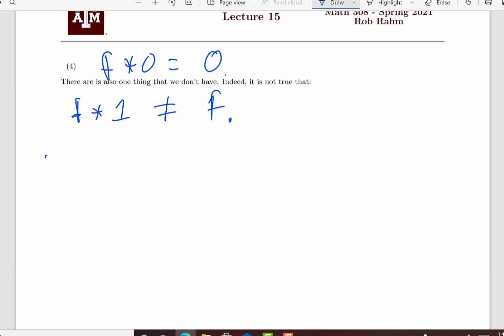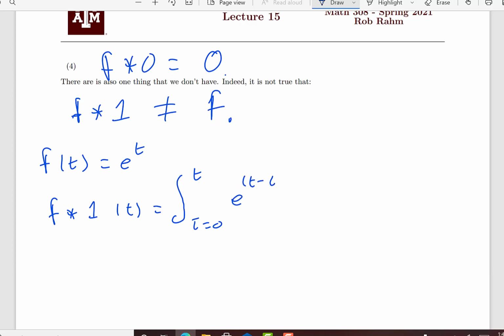So for example, if f of t is equal to e to the t, then the convolution f convolved with 1 of t is going to be the integral from tau equals 0 to t of e to the t minus tau times 1